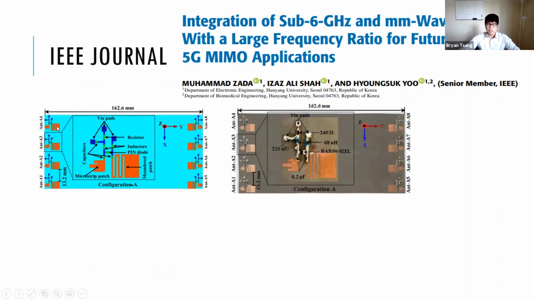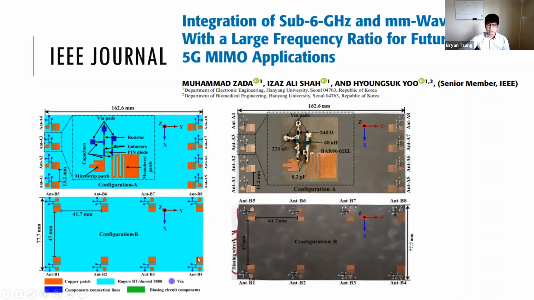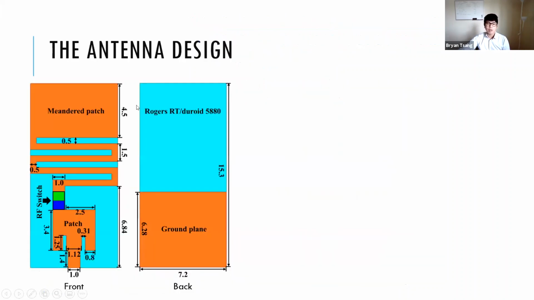Basically, it's just a bunch of patch antennas operating at 3.5 gigahertz and 28 gigahertz. I'll get into a little bit later on how they operate at these two different frequencies. There's also a second configuration, and I'll show the differences between these two. So basically the antenna element is a meandered patch or a patch antenna with an RF switch that connects to